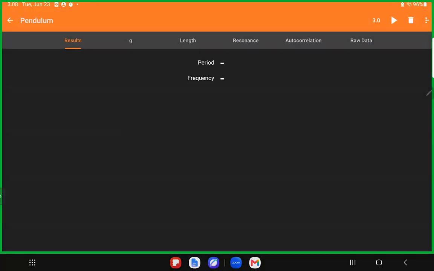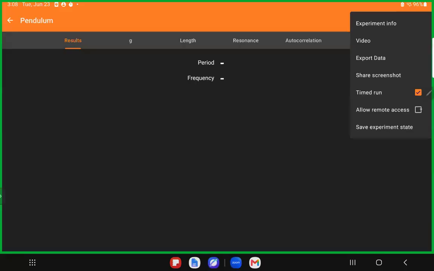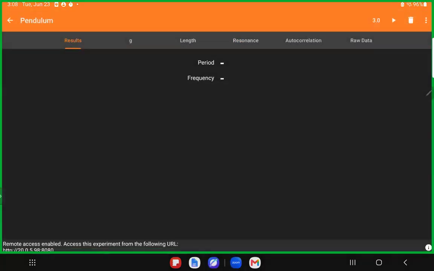And then what we will do is again click the three dots or the ellipses here, and then you will allow remote access there. And then press OK. And then you will see a URL at the bottom left side of your device. You will type that on your other device for you to be able to control your phone that is the one swinging. So you will type this URL in your cell phone, in your laptop or PC or tablet or iPad. So therefore, those devices will be your control. So if you will control, what are you going to control?